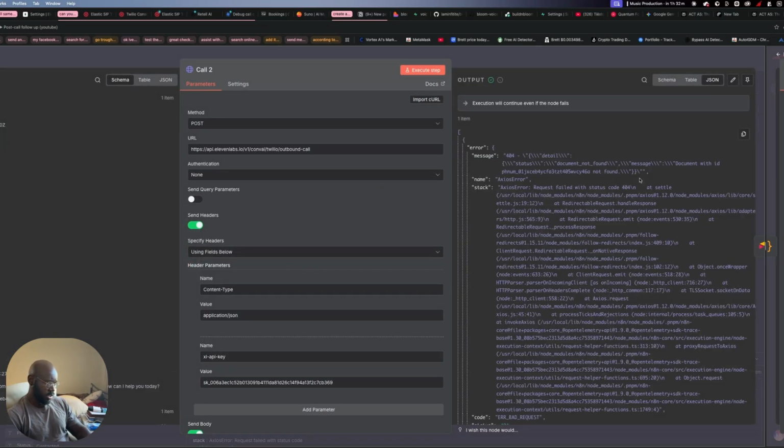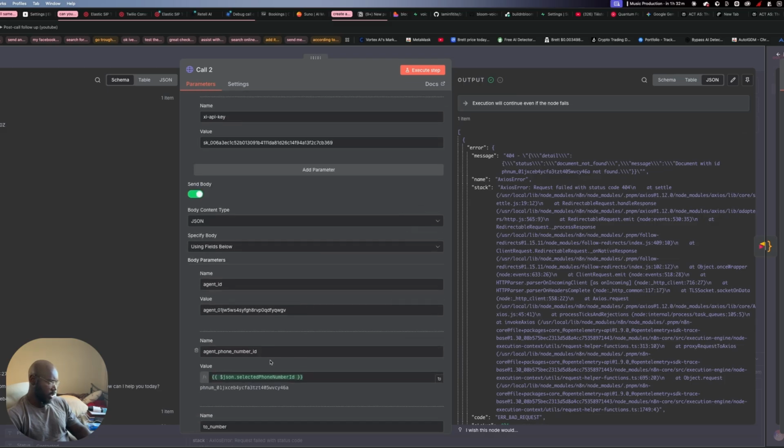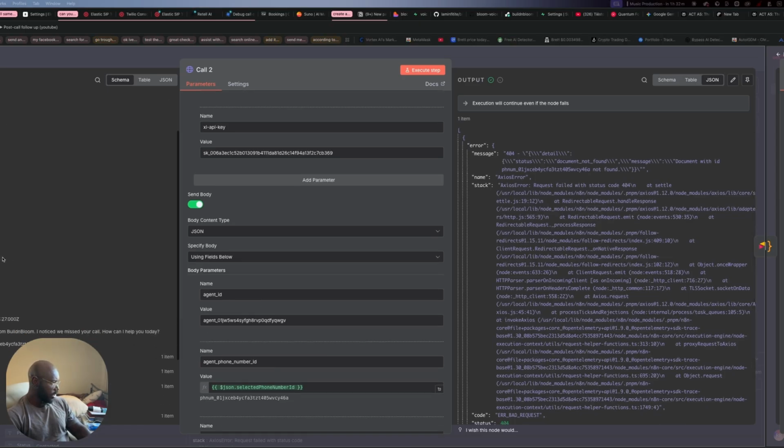So we've got a call 2 error, which is over here. And the call 2 error says document ID is not found, which is that document. That's right. Document ID is not found, therefore entailing,